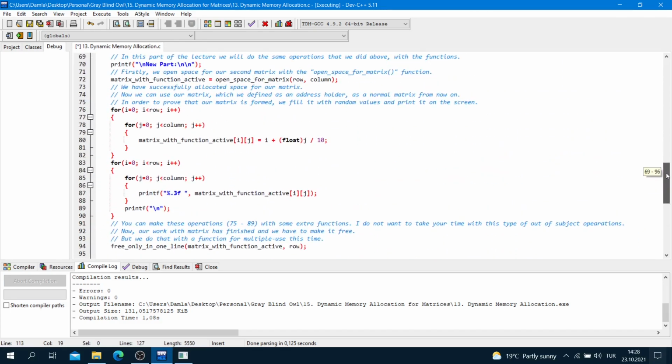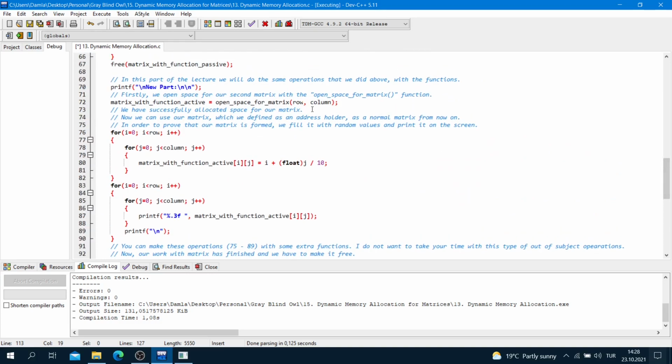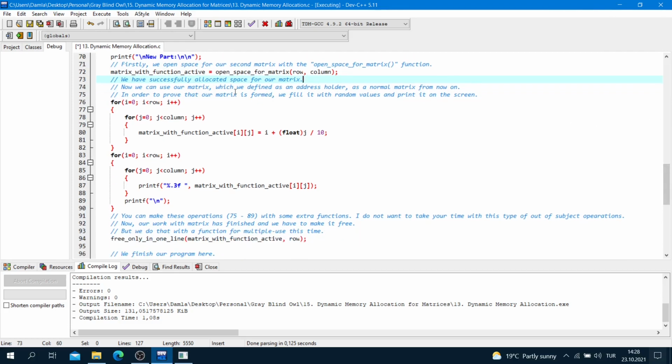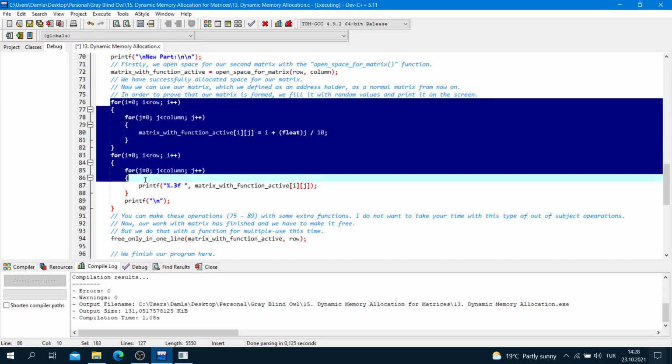Okay, now we are here. We have successfully allocated space for our matrix. And again, now we can use our matrix, which we defined as an address holder, as a normal matrix from now on. And in order to prove that our matrix is formed, we fill it with random values and print it on the screen with the same operations.